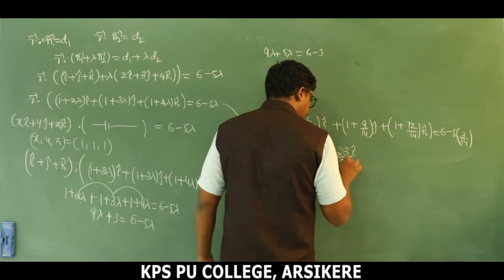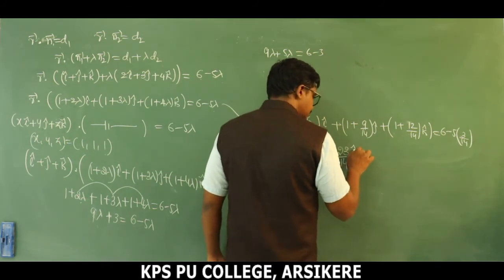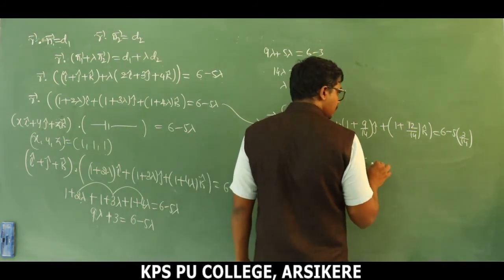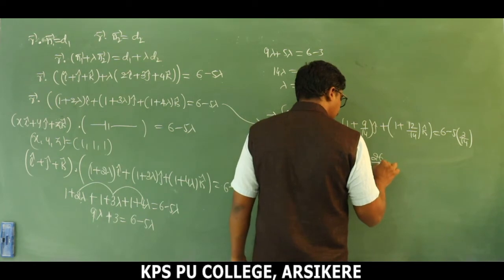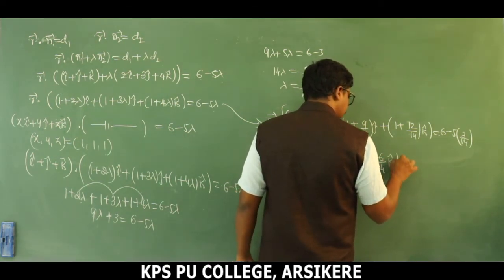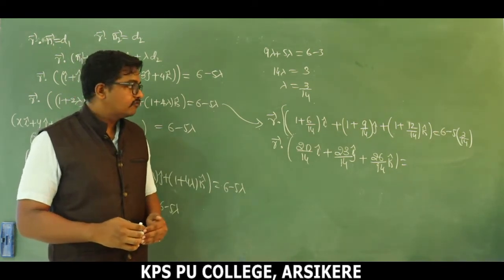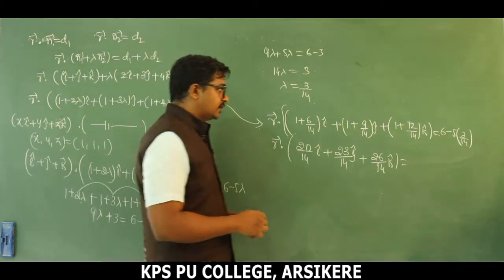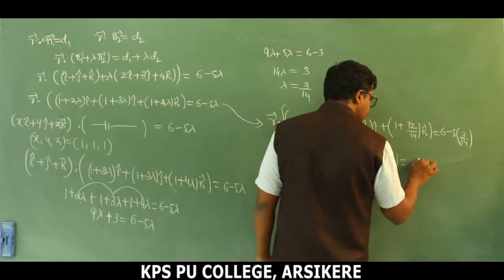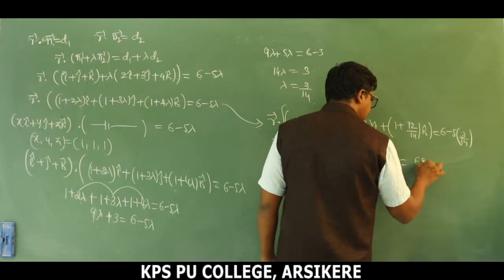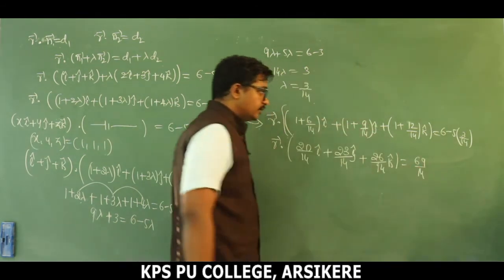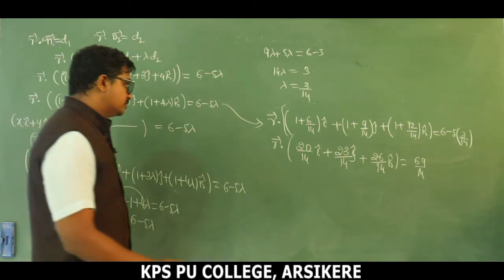23 divided by 14 into j cap plus 26 divided by 14 into k cap is equal to 5 threes are 15 minus 15 divided by 14. 14 is the LCM there. 14 into 6 is 84. 84 minus 15, we will get 69 divided by 14. So vector r dot